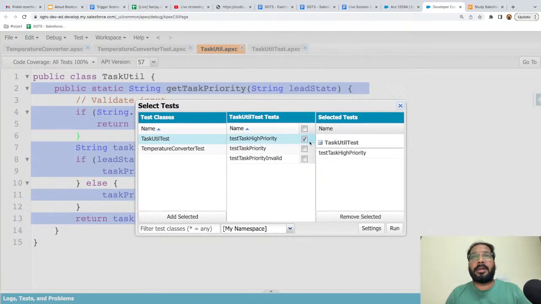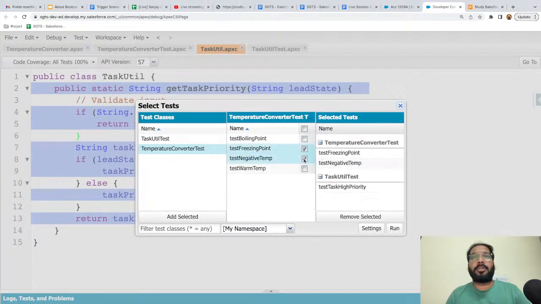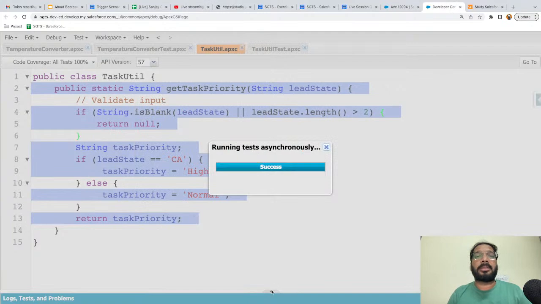Let's say I'm checking this method, and from here I'm checking two methods. So from temperature converter I'm taking two methods, and from task util test I'm taking one method. If I want to run these three methods only, if I want to run specific methods, this approach is appropriate. You can just click on run, and only these three methods will be